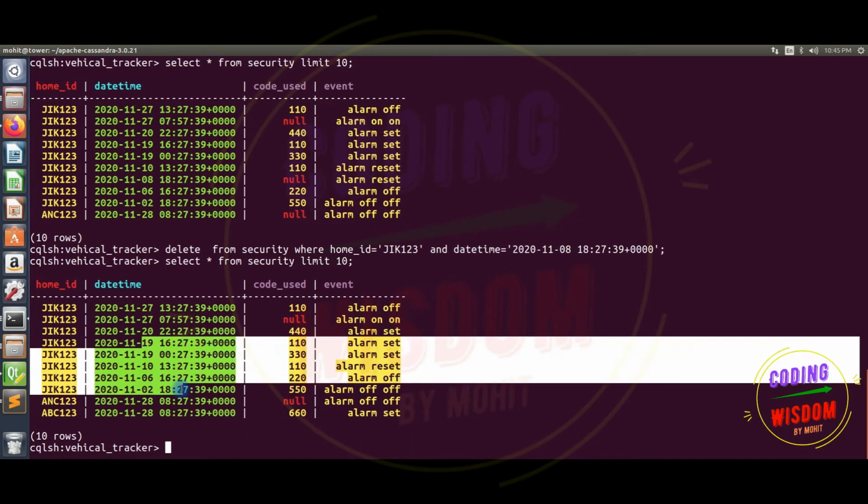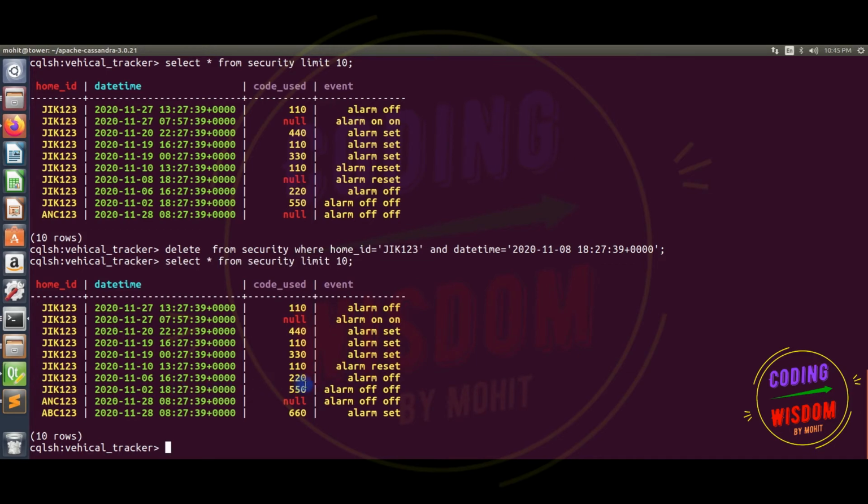No, there is nothing like 1827. Okay, this is one, but that is 50-50, this one. So we have deleted successfully, both a single value and a complete row.